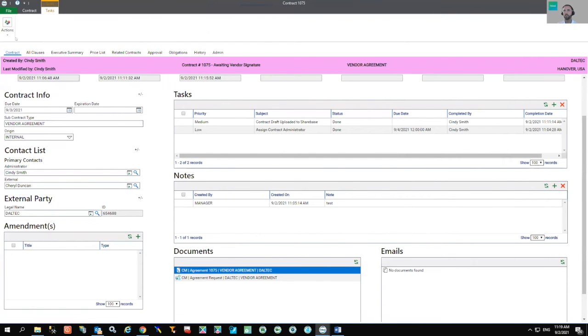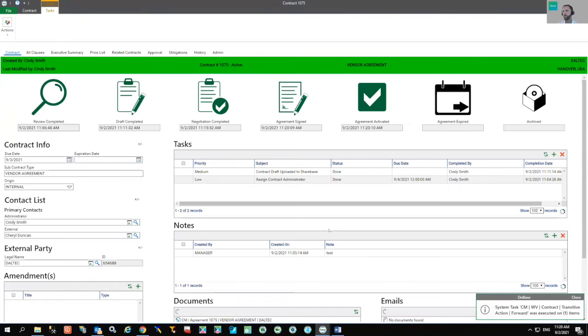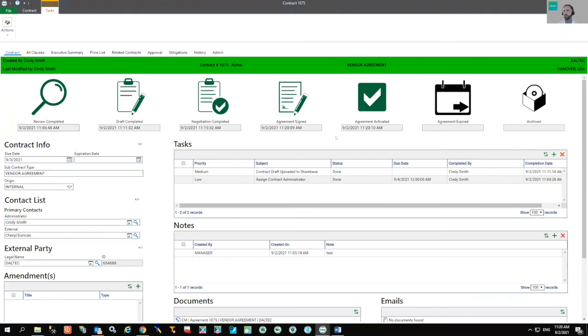Let's go ahead and make our way back up to that Tasks tab, select the appropriate action to move that agreement forward externally. Again, I just want to point out, if we ever need to send that back via ShareBase, we still have that action that is still open. Again, we're going to go ahead and indicate, though, that we've assigned this externally and we're ready to move forward. Now you can see that those next two milestones have been completed, which is that agreement signed and that agreement